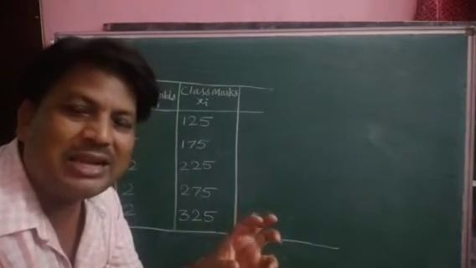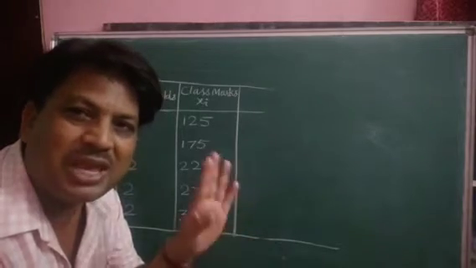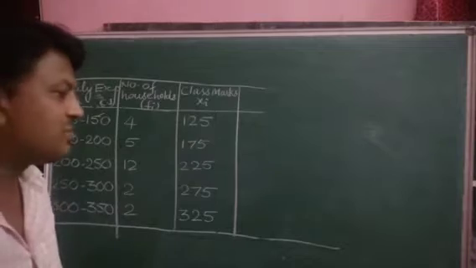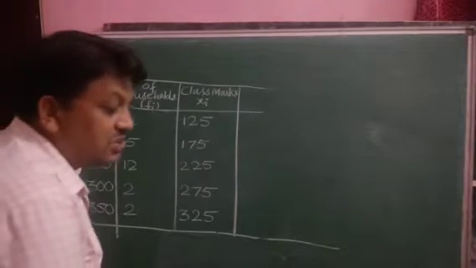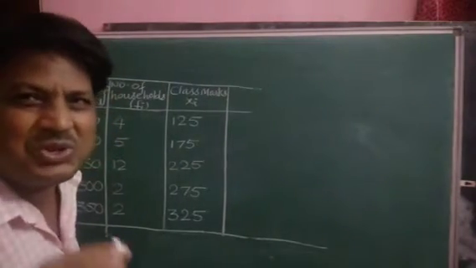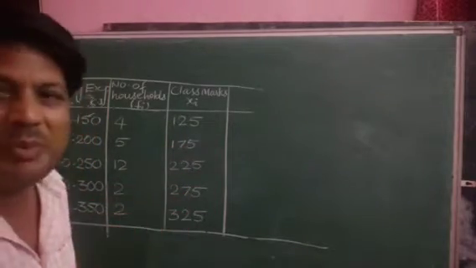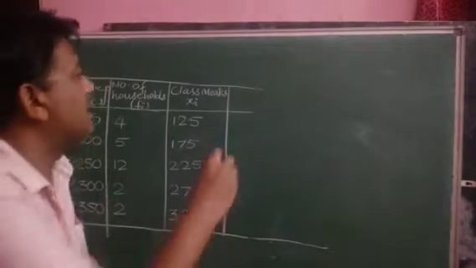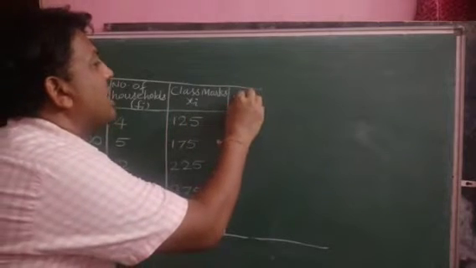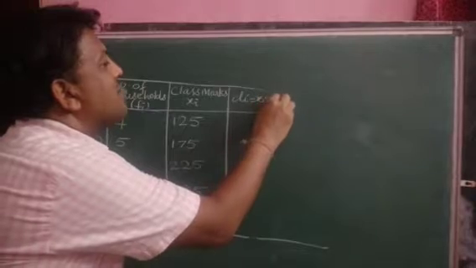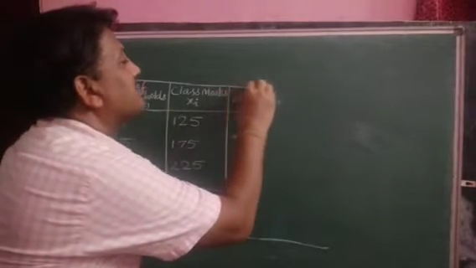If we find that there is a common factor, then we will go for the next method. You can do it with the first method also, children, but since the question says suitable method, we should try the next method, because here the numbers are somewhat big, three-digit numbers. So for that, what is required? Di, that is, Di is equal to Xi minus A.